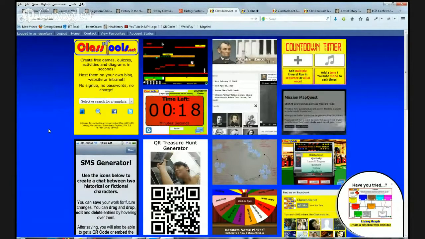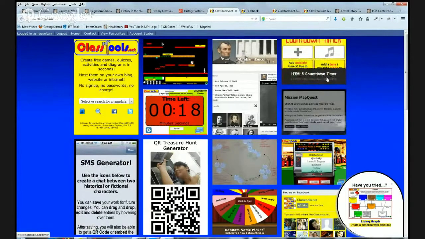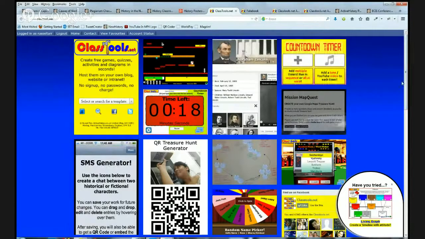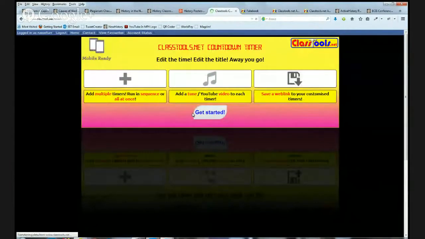Just to give you a brief overview of what the site looks like, we've got such things as a countdown timer, which can have multiple countdown timers, and well, just click on it, you get an idea. I use this one all the time. I finished this one in the summer, and as it says, you can add multiple timers, run timers in sequence or all at once. You can add tunes to your timers, even add videos into each timer. You can save a web link if you've got a series of timers that you want to use in a